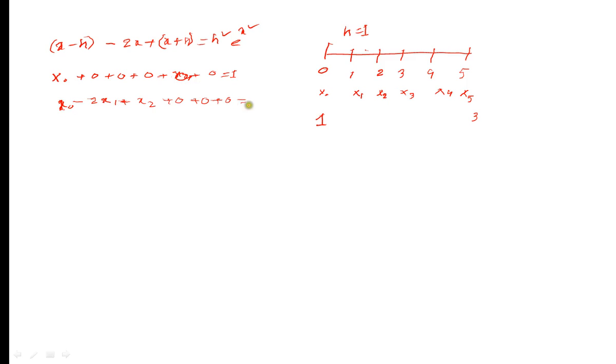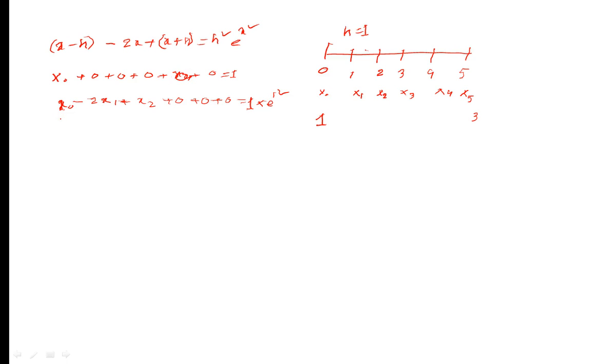So what does h squared mean? At this point we know h is equal to 1, and e to the power, at this point what is the value of x? We know that a is equal to 1, and e to the power 1 squared, right? e to the power 1 squared. So this equation is for nodal point 1, and this is the second equation for nodal point 2, and I have to determine the